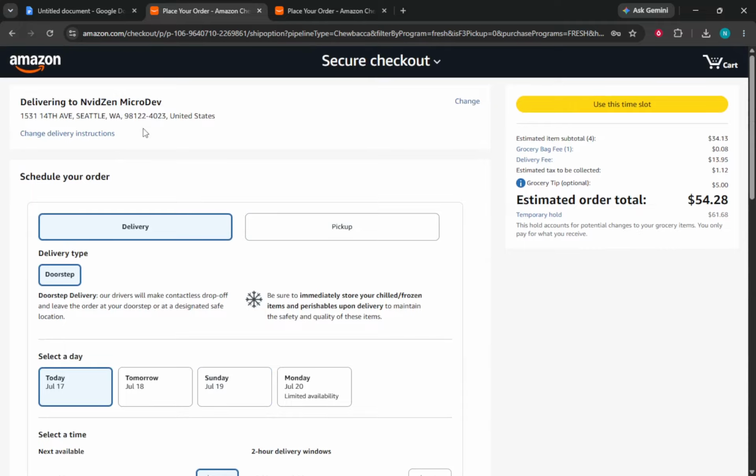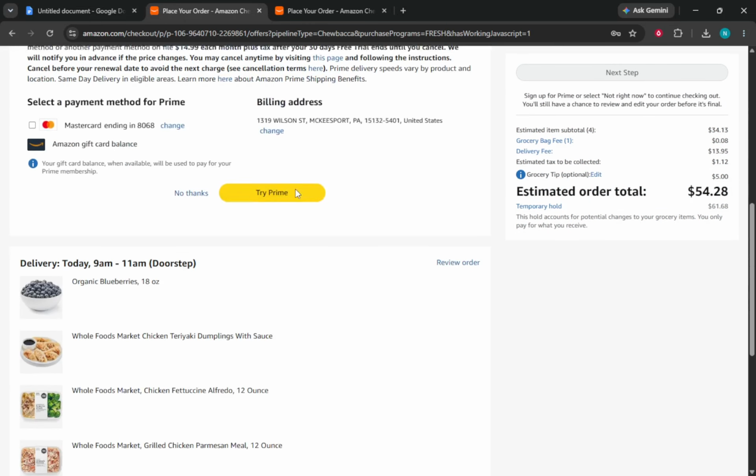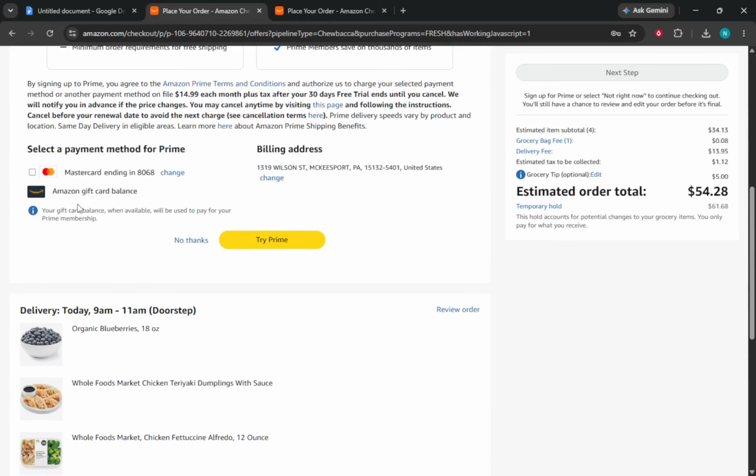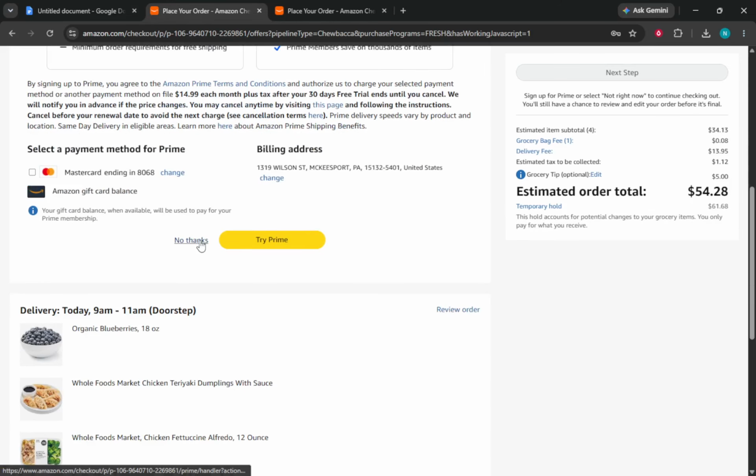Now follow the on-screen instructions and confirm your changes. Once you've made all the adjustments, make sure to review everything before finalizing. A confirmation screen will appear summarizing your modifications. This is important because it gives you a chance to double-check your order. Confirming your changes secures your updates, and you will see a confirmation appear indicating that your modifications were successful.